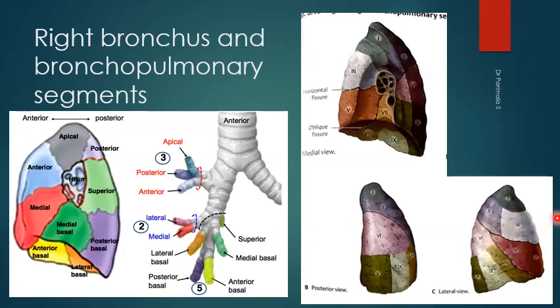So these are all the 10 bronchopulmonary segments in the right lung. The apical bronchus arises opposite or just distal to the middle lobe bronchus. This superior bronchus of the lower lobe is also called the apical bronchus. It arises just distal to the middle lobe bronchus and passes horizontally backwards to supply the upper part of the lower lobe.